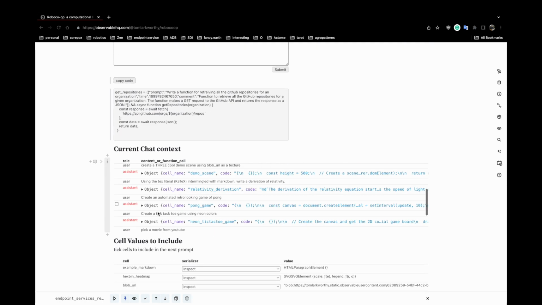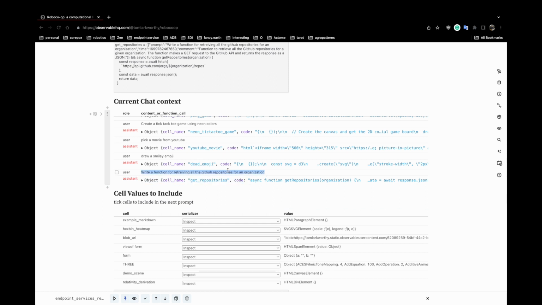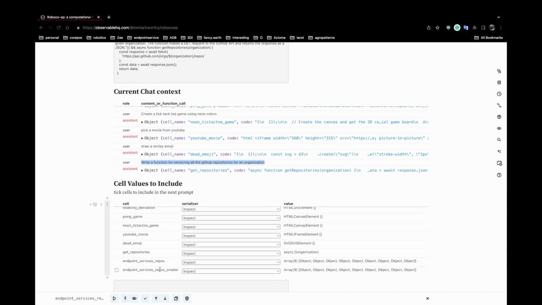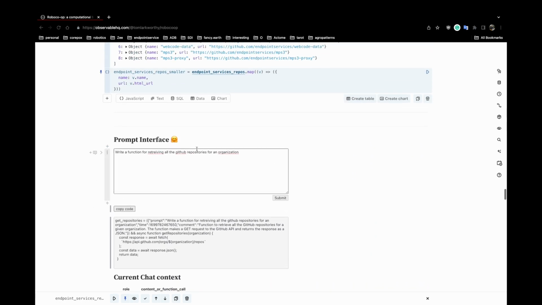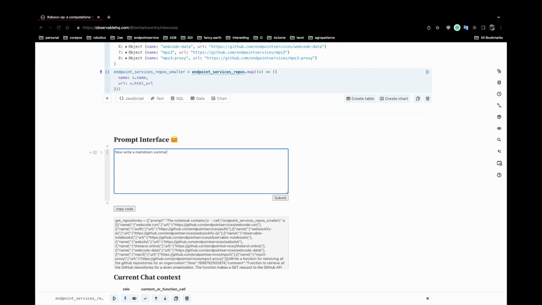Next, we want to feed that data back into the chat context. At the moment, the last thing it knows is that we asked it to write a function. But now we're going to find the variable we want, switch it to JSON, and tell Roboco-op to include it in the next prompt. When we ask for a markdown summary of those repositories, and because we told the blackboard to include that particular cell state, the AI will be able to generate something that is not dynamically linked to